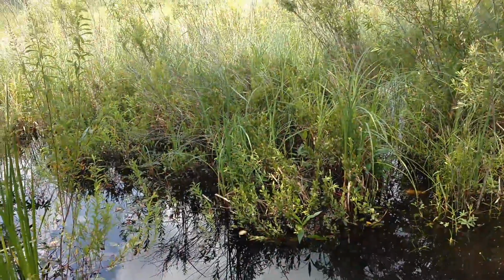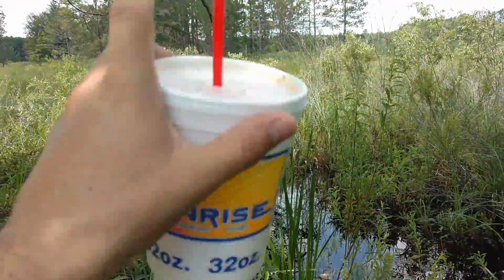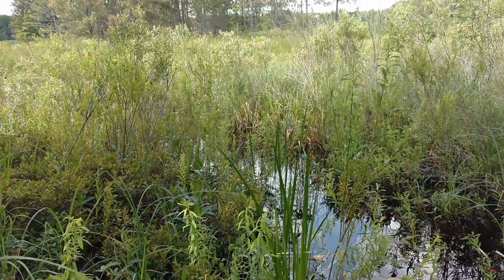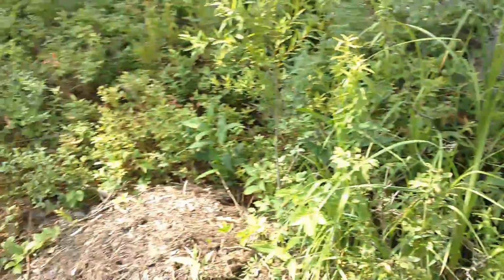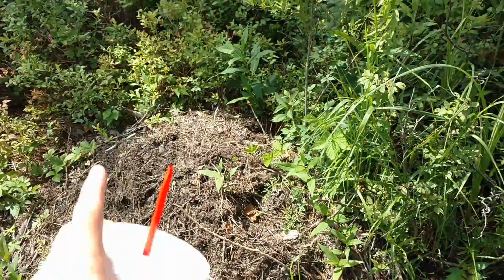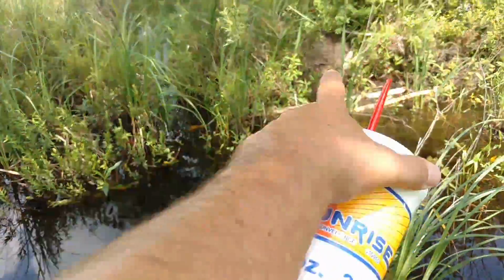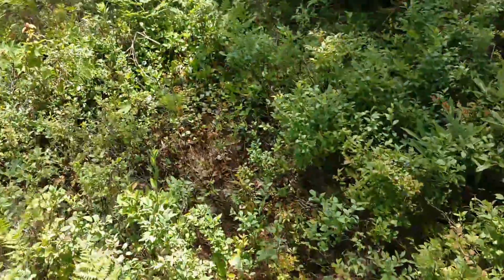I know what caused this, and I know what's down there. It'll go over my boots. But this is that trail out of here. Now, I'm not saying deer won't use this, but this is caused by beaver. We have beaver chewings right here. That's a beaver mound right there. That's where they do that. They deposit their castor, that kind of stuff. But that's beaver. And beaver over there. This is beaver that's making this right here. So I'm not saying deer don't use it, and I'm not saying it's not great, but I'm saying it's mostly